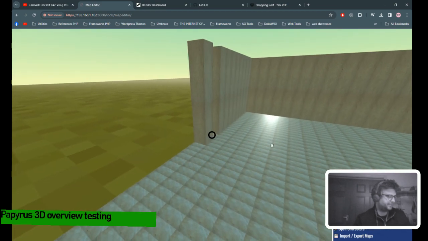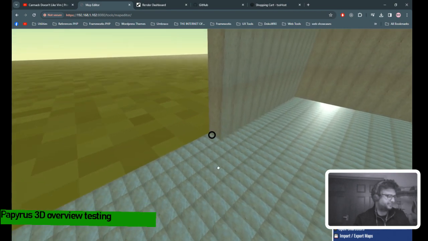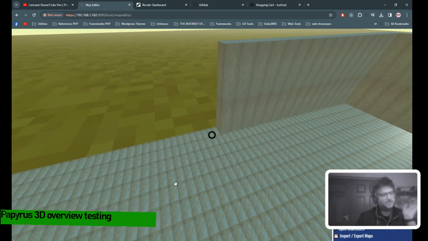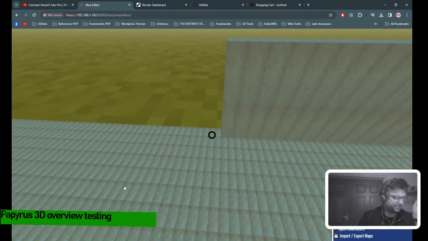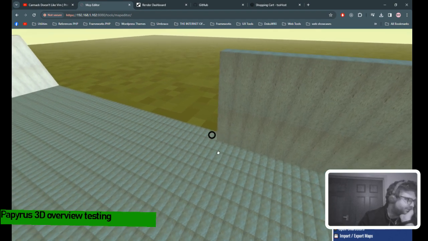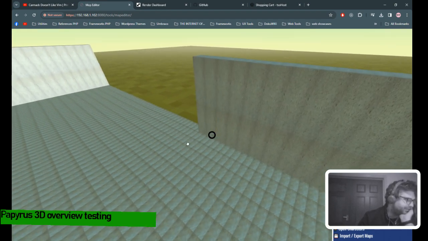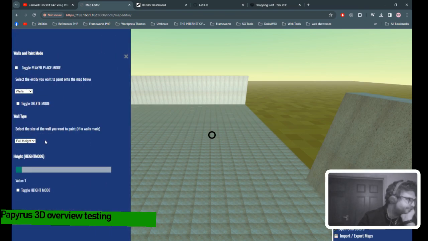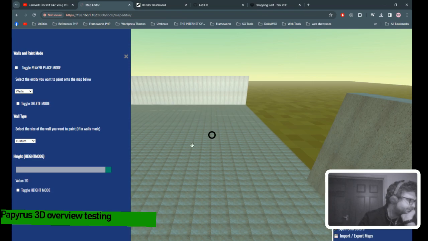So let's do that quickly. But I think once this is working, and I've tweaked those weird little glitchy things, that should be quite cool, because you can basically create environments quite fast. You can also create custom heights. So if I go here, walls, custom height, this will be huge. Or it should be. Oh, toggle height, right, there we go. Boof, there we go.